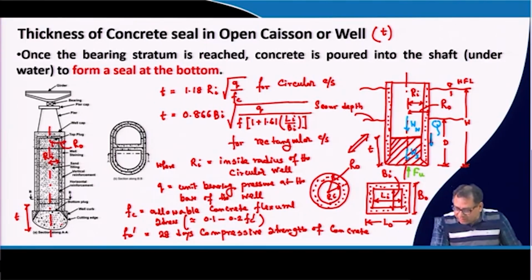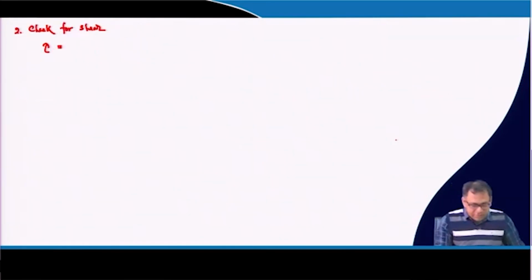So that means some downward forces will also be acting. Okay, so that means there will be a shear stress, or shearing will develop, between this concrete seal and the shaft wall. So that also you have to check whether that is sufficient or not, that the shear stress which is developed is